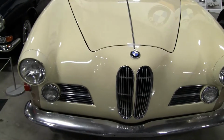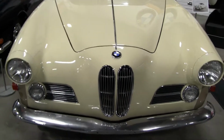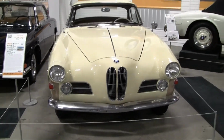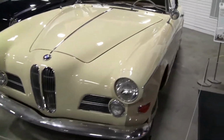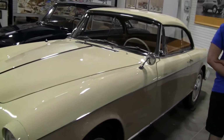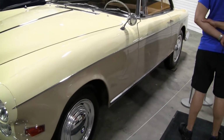In the mid-1950s, BMW expanded its range with two of the most beautiful cars it has ever produced, the 503 Coupe and the 507 Roadster. Both were designed by Count Albrecht Goertz, the German-born American whose styling, BMW hoped, would appeal to the growing American market. The 503 Coupe was